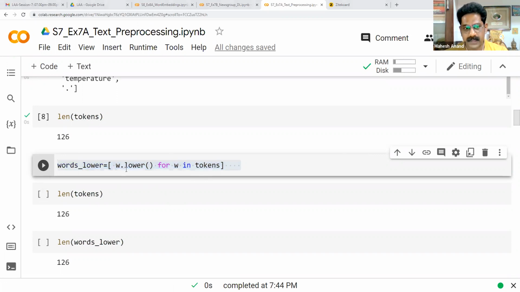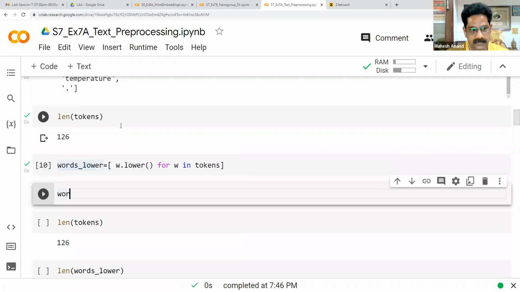So we are going to standardize. I'm just doing a simple list comprehension, so I'm not using any package. I'm not seeking the help of any package. Using a simple list comprehension, I'm doing the w.lower string operation, basically a string operation: w.lower() for w in tokens. So I got this words lower. Once you have this words lower, now you display it